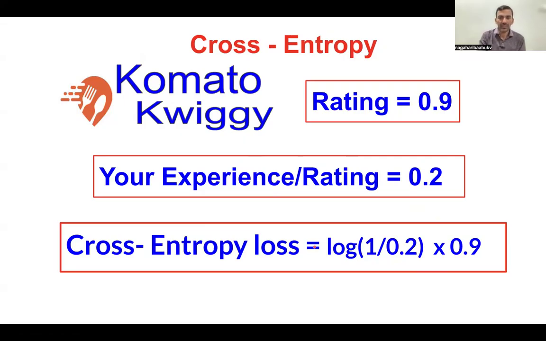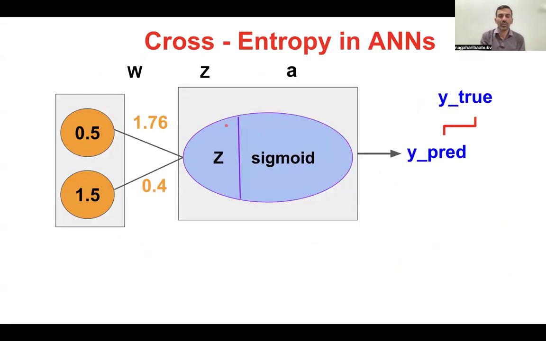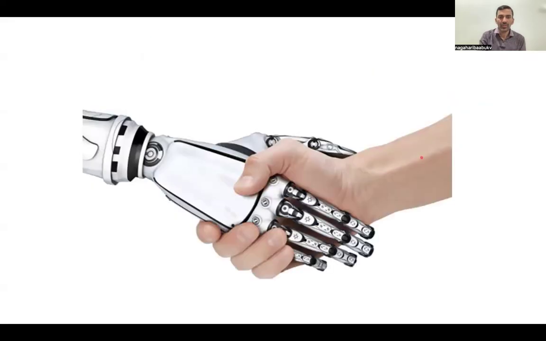Why does it make sense? Generally, in the case of artificial neural networks, when you construct a network, your model will give a predicted probability, but the true value associated with that data point is a different probability, a different label. Then you would like to get the loss, the cross entropy loss, between these two probability distributions. So that is called cross entropy loss. That is what entropy is all about.